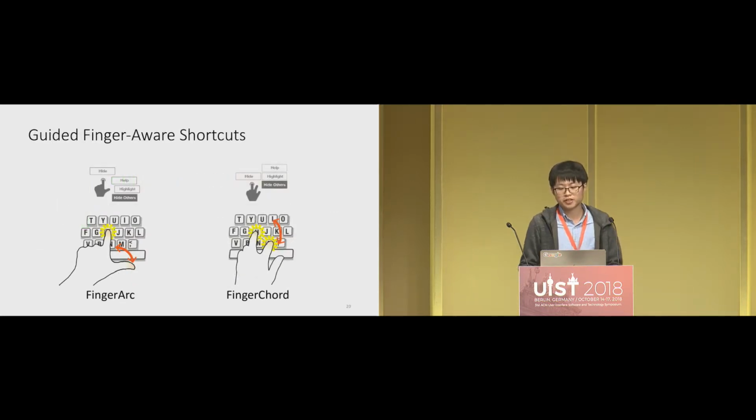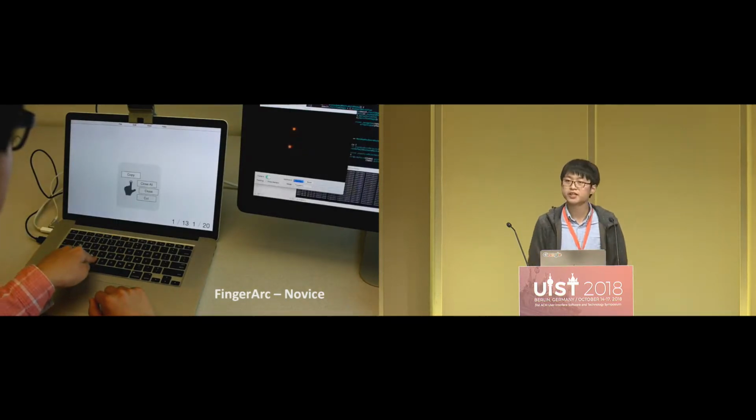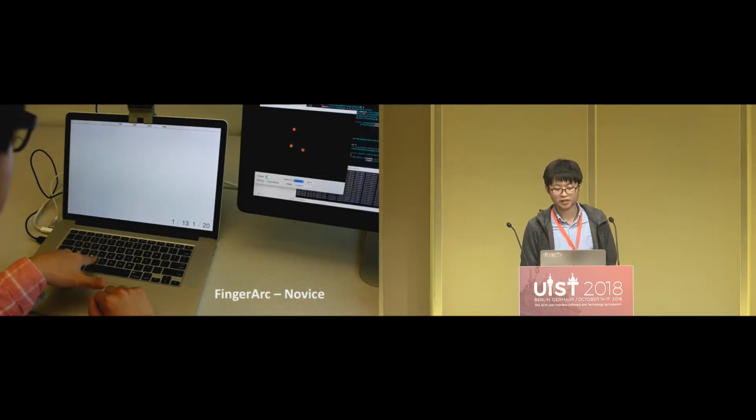Now, let's briefly talk about how guided FingerArc shortcuts work. We introduced two variations. One is called FingerArc, and the other is FingerChord. Note that in our prototype, because our interest is in interaction techniques, we use an infrared camera and tiny visual markers to detect hand posture. We don't use machine learning here. So, FingerArc works by pressing and holding a key using an index finger with little,